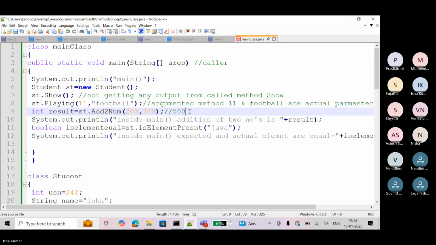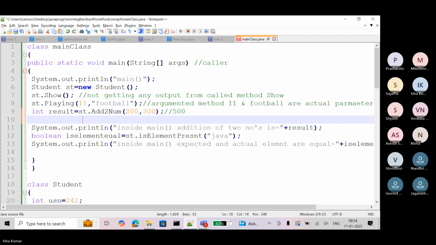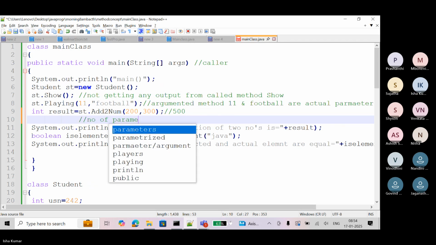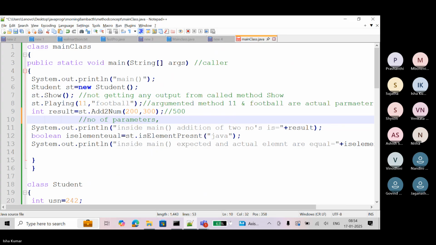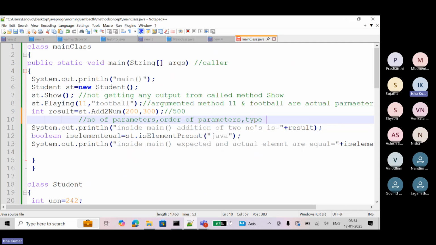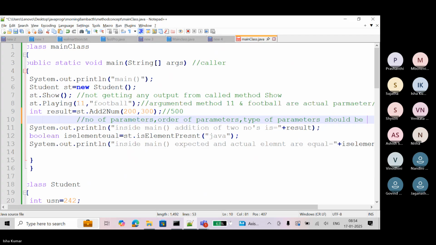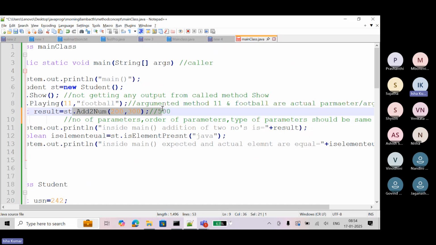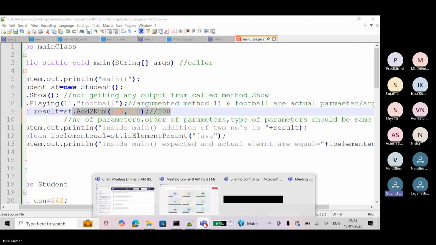Again, I am writing: number of parameters, order of parameters, and type of parameters should be the same while calling the method. Okay. This point is clear or not? Guys? Yes, sir.